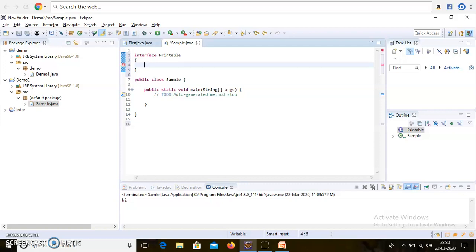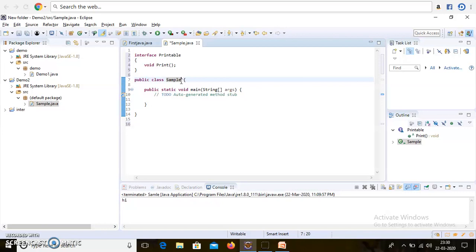I am giving the name print. Here you can see I am just declaring the function. After creating the interface, you have to implement this interface in a class. Before that, I have to mention one thing.